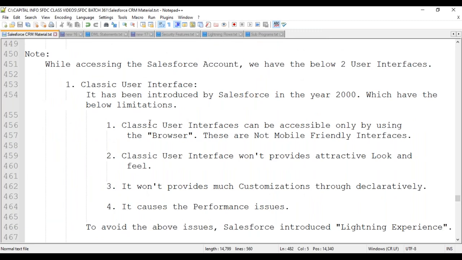And then we have discussed there are two types of user interfaces available as part of a Salesforce account. First one, Classic. Second one, Lightning. The classic user interface was introduced by Salesforce in the year 2000, and the Lightning Experience was introduced by Salesforce in the year 2015